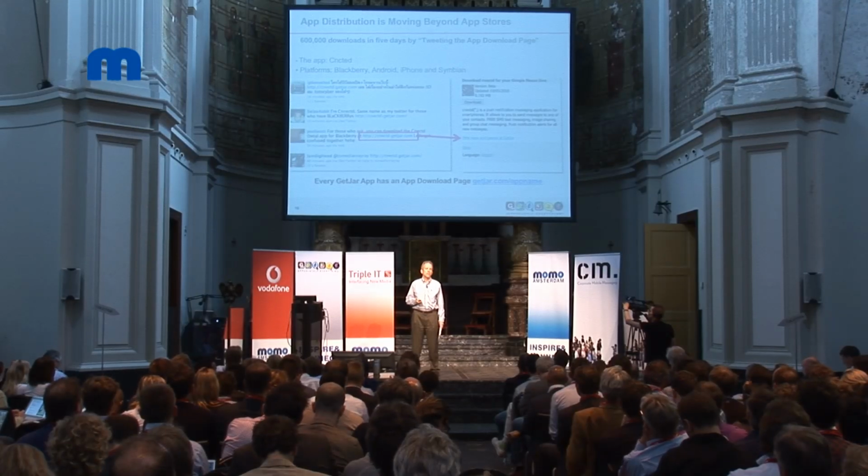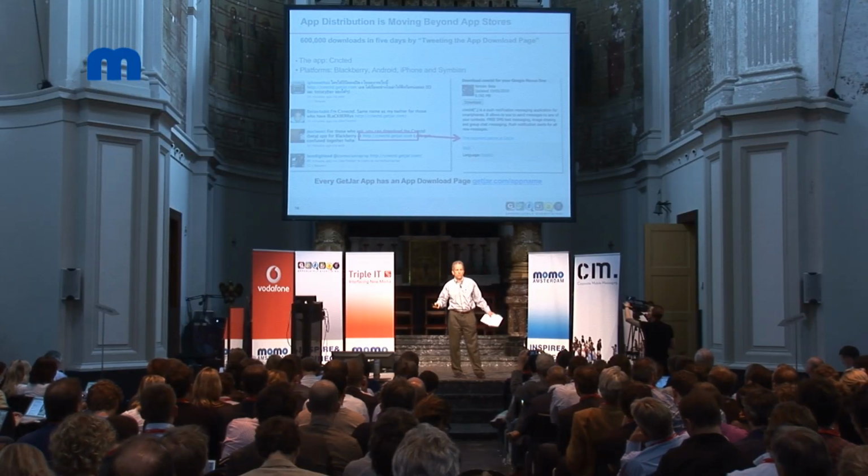So next, people started doing things with this app download page that we never expected. For example, Connected is an app that just arrived on GetJar but got 600,000 downloads in the course of 5 days by tweeting this URL. Now if you think about it, it's really hard to include the Android, iPhone, BlackBerry, OVI URLs for your app in one tweet. They just won't fit. But you can do that with this. Secondly, all your followers on Twitter have different kinds of phones. And so how are you going to know which app to